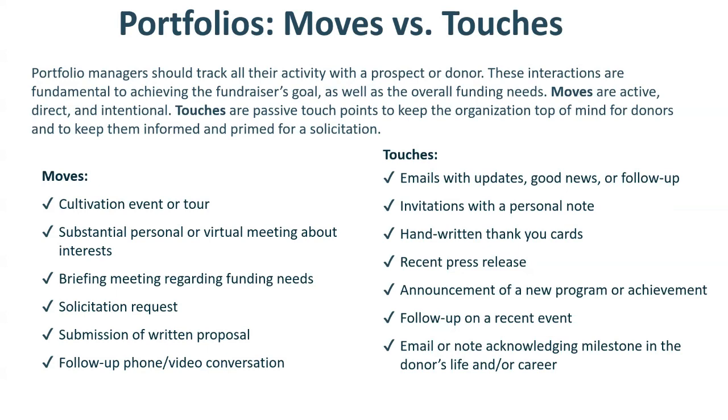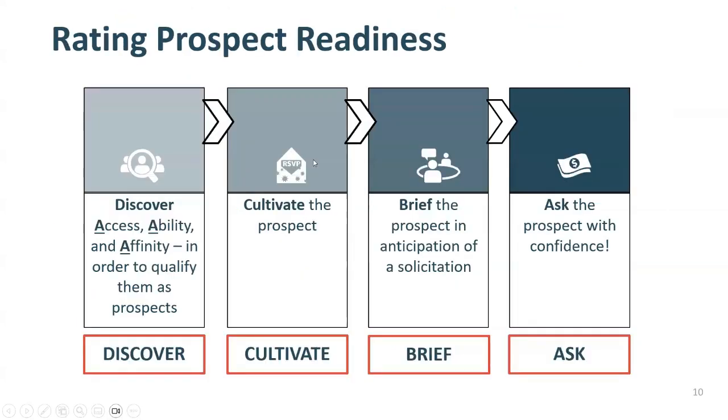And it's bigger and broader than just the money that they're providing to the institution you represent. So again, moves, touches, all important, all part of the process. Now, I talked to you before about that graphic about moving people through the cycle. And that is an extraordinary way to set up your system internally so that you can be tracking the movements of all of your donors in an acceptable and